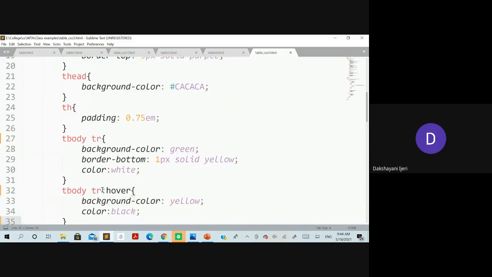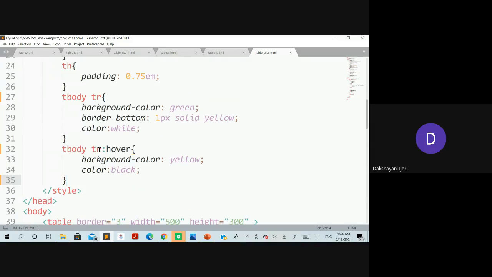Okay, so you can see here in the next section, though we have specified the properties, one more time I have taken the tbody and the tr elements, for which we have defined colon hover. So what this part of the style is going to do is, whenever you move the cursor on either the entire body of the table or only the particular row, these styles need to be applied.